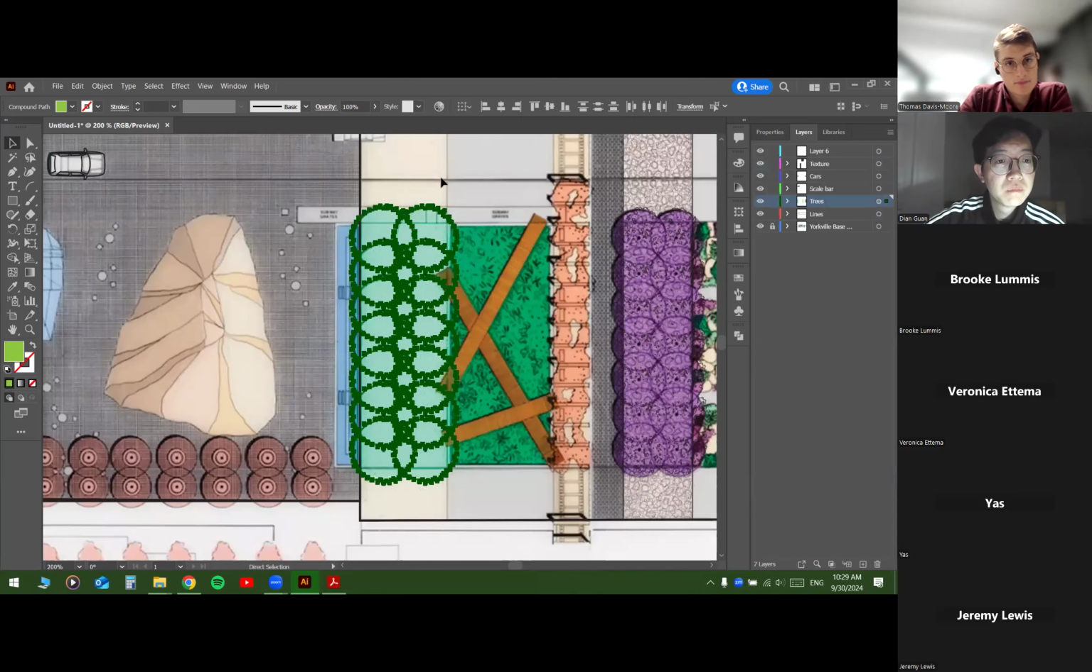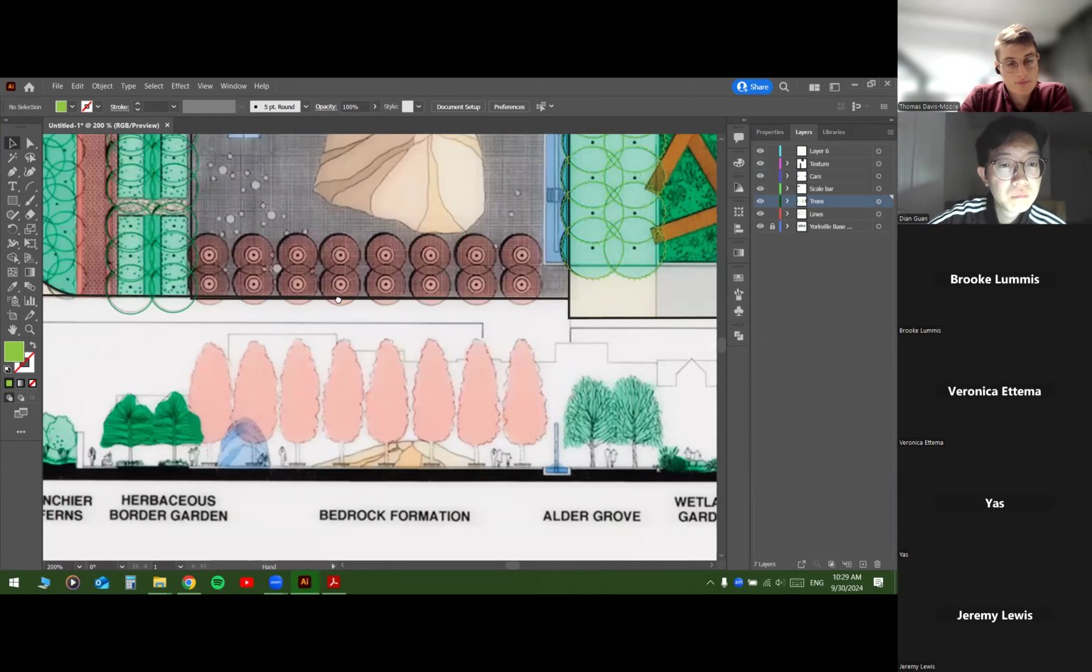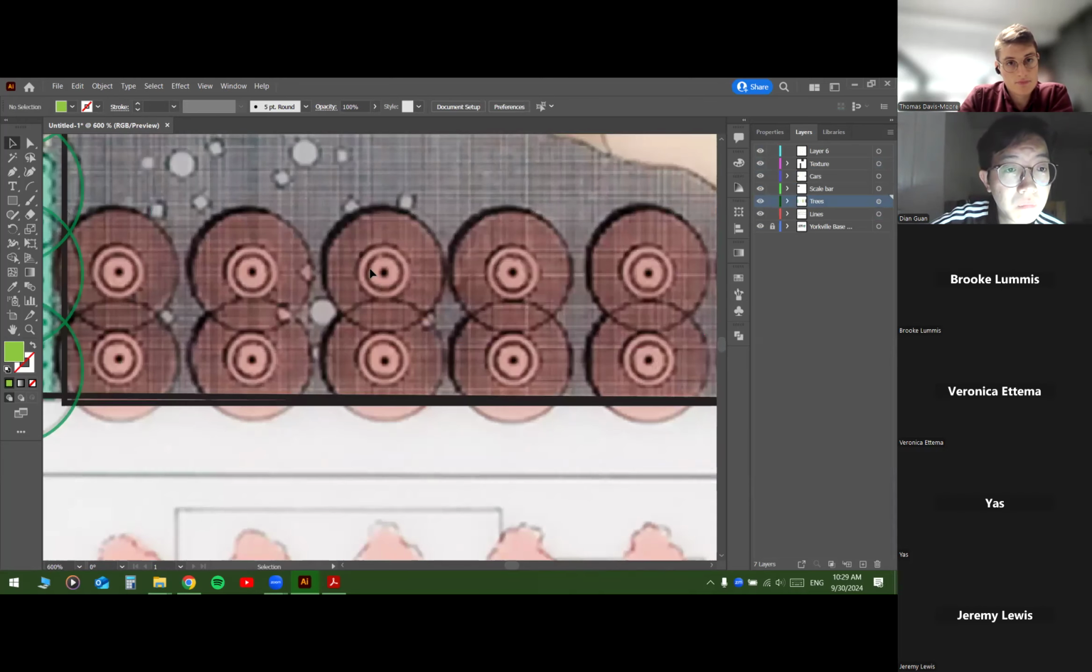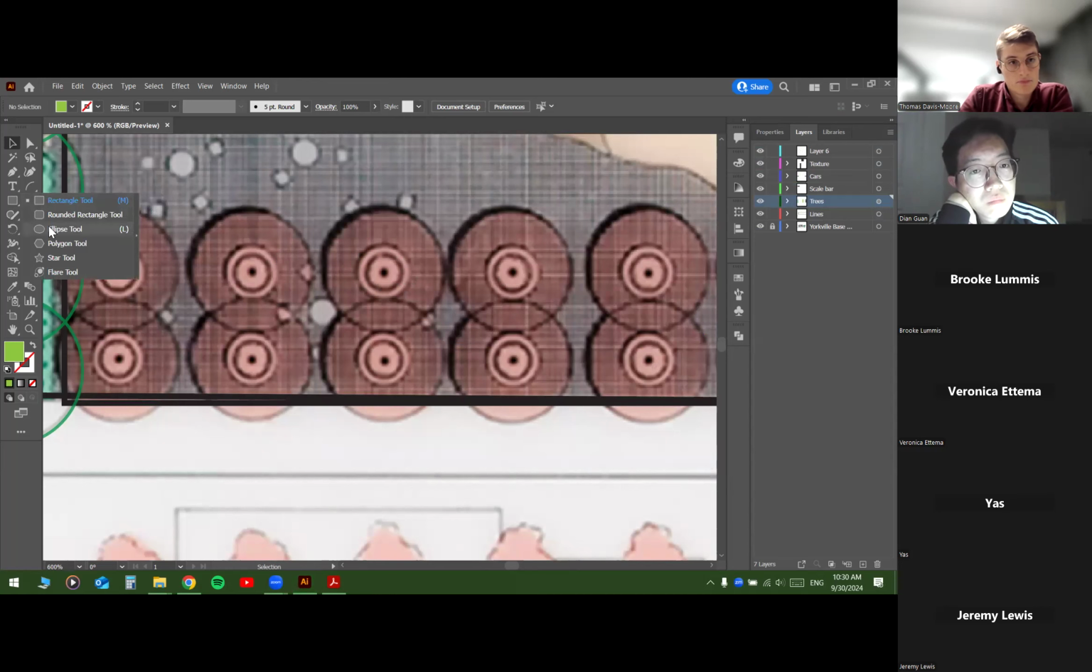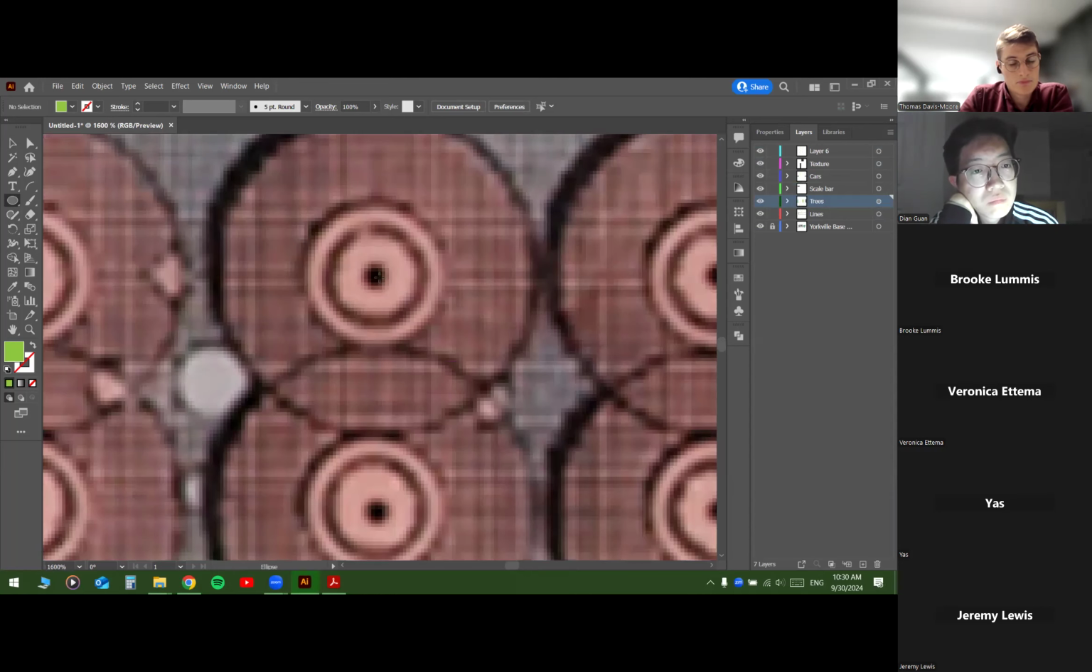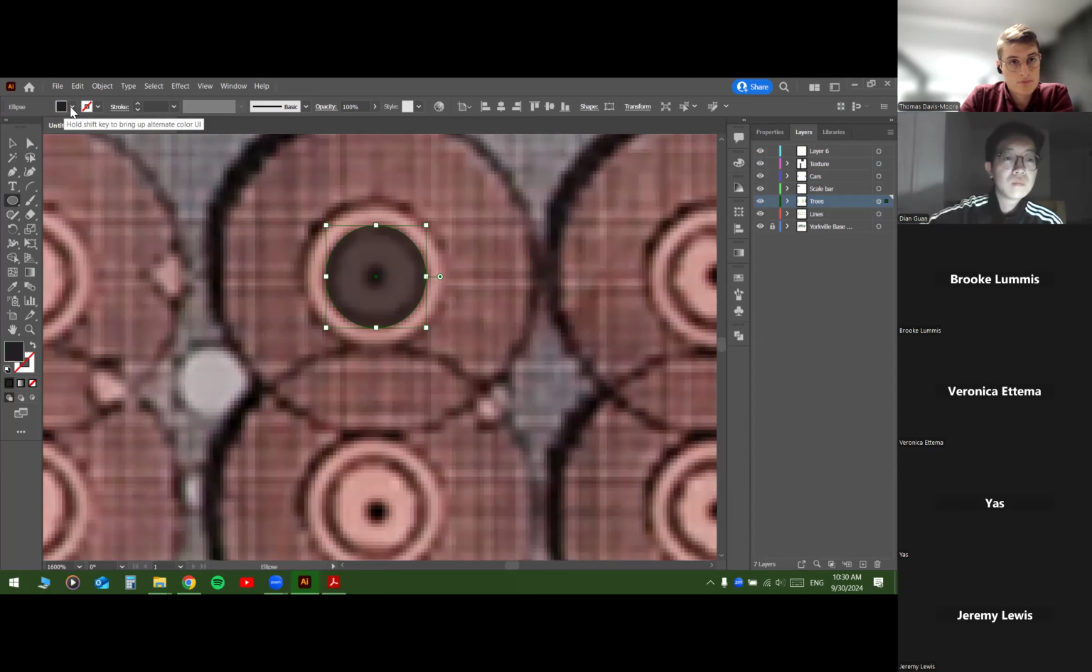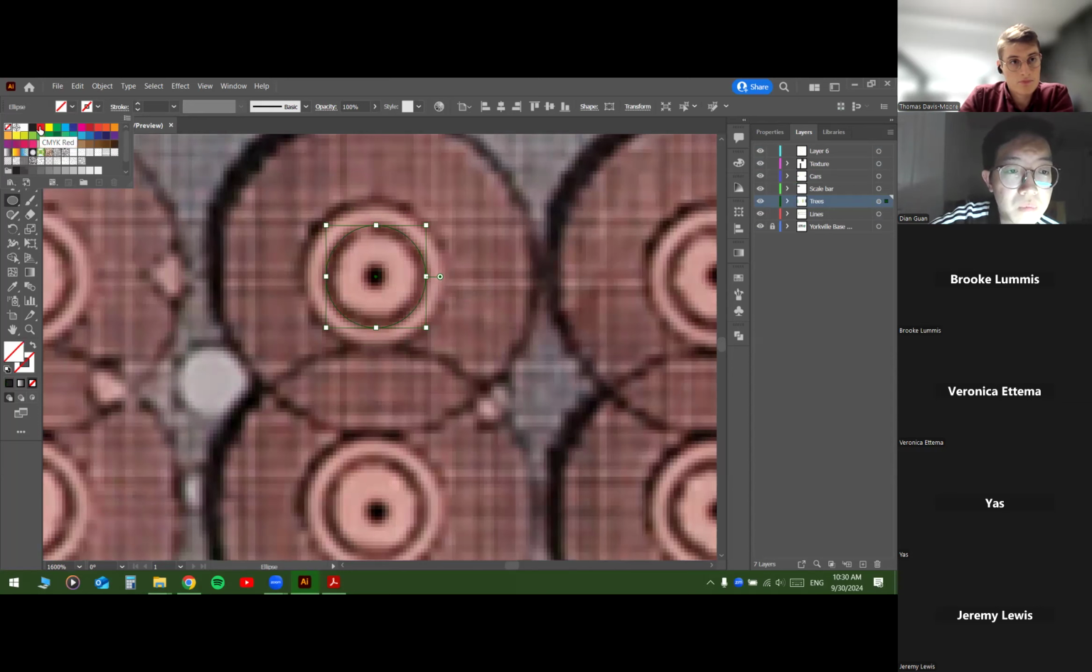The other command that I found useful is for when you want to make these tree bases, these circles, and you know the distance of these lines. So if you make this circle here with no fill, simply you can